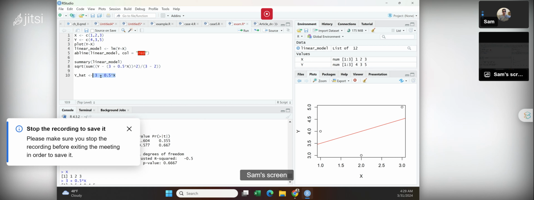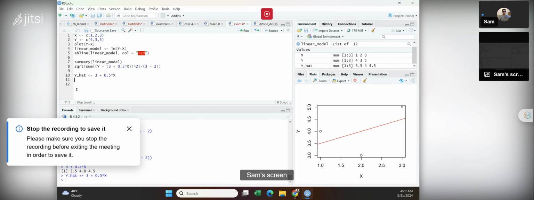These are the predictions of my model for different x values, right? Let me call them y hat. Now, if you want to find the mean of y hat, that is going to be equal to 4, as we have expected. Now, if you want to find the explained sum of squares, that is going to be equal to